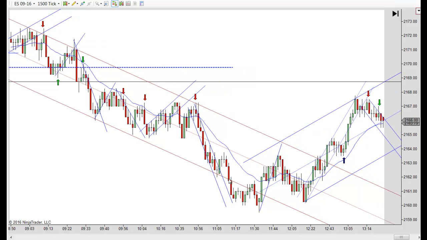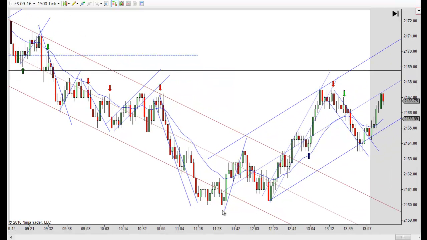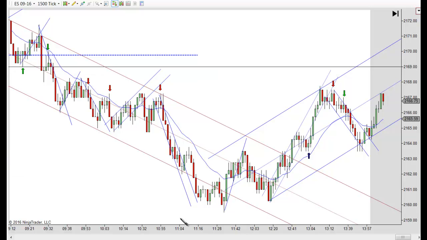And of course, we get the overshoot right here. We haven't had a close outside, but that overshoot's pretty telling. And then you finally get a reversal. It's tempting right here to go long because that's two tries to go lower that fail. That's really a double test. Even though it's not straight across, it's a double test of this low. So you could make the argument for that one being that far away from the EMA and an overshoot.